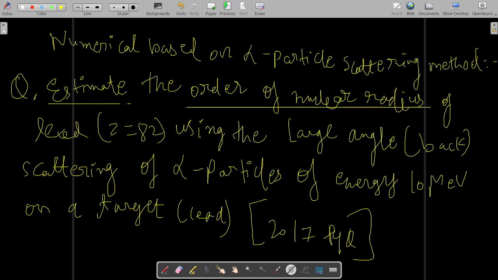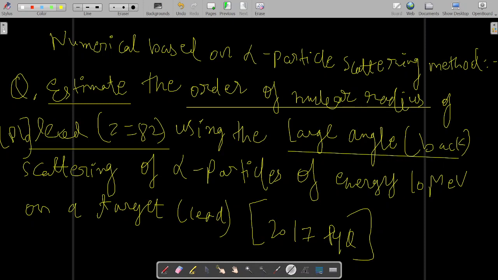So to determine the order of the nuclear radius, the metal is lead. Pb is its symbol. Although I haven't written the symbol over here, Pb is the symbol of lead. So for lead, Z is equal to 82, which means the number of protons is 82 in it, and we have to use